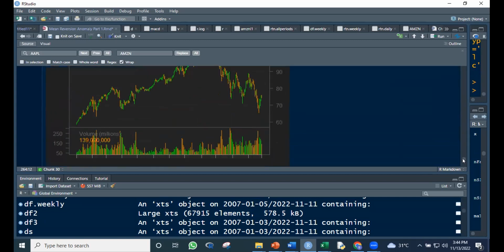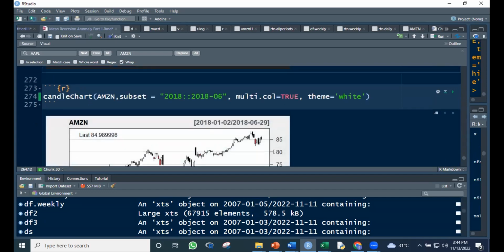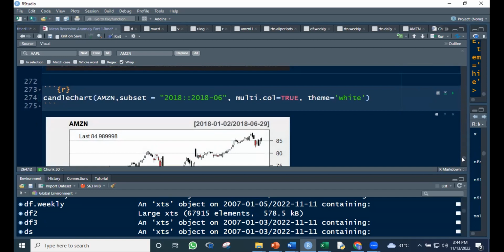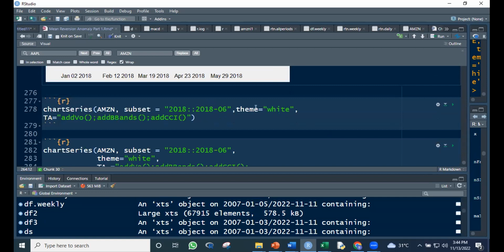Okay, bar chart. And then you can use candle chart also. Ito. And then here, ganun pa rin. Pareho lang ng kanina to. No? Team white. Okay, ang nadagdag lang dito yung CCI. Ang difference lang dito, okay,